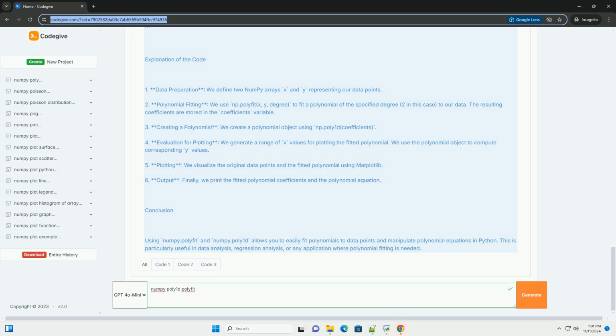Code example. Here's a complete example that demonstrates these steps. Explanation of the code. 1. Data preparation. We define 2 numpy arrays x and y representing our data points. 2. Polynomial fitting. We use np.polyfit(x, y, degree) to fit a polynomial of the specified degree, 2 in this